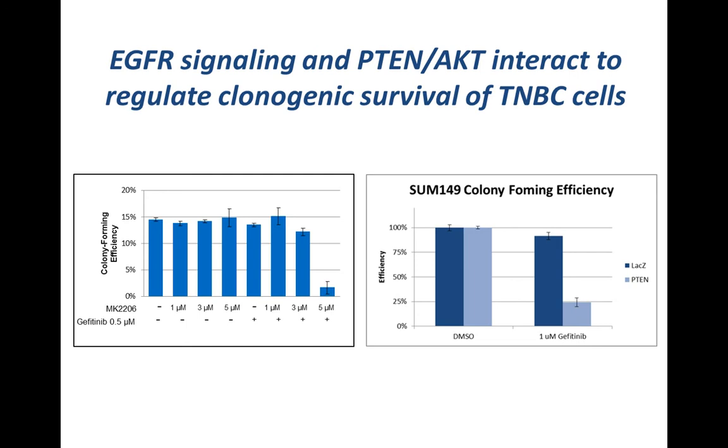And that's interesting because we can do the same experiment with these cells where we re-express PTEN. And I showed you those cells before. This is SUM149 cells. Now, if they re-express PTEN, that by itself does nothing to their clonogenicity. And gefitinib by itself does nothing to their clonogenicity. But gefitinib plus PTEN gives you the same effect as gefitinib plus 5 micromolar drug. So this really tells us that the loss of PTEN is somehow really important in the expression and activation of AKT3. And putting PTEN back gives us a big effect, but we can get the same effect if we can just figure out how to inhibit the phosphorylation of AKT3.